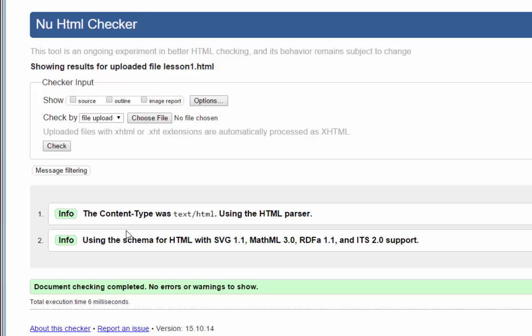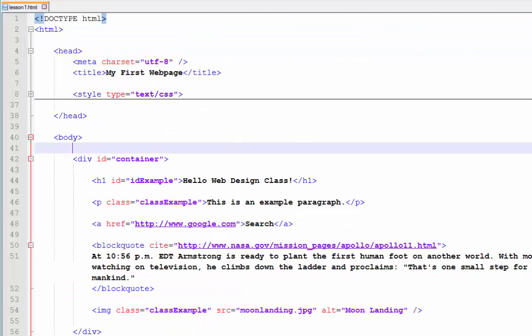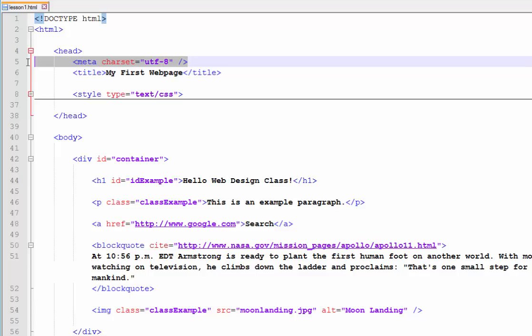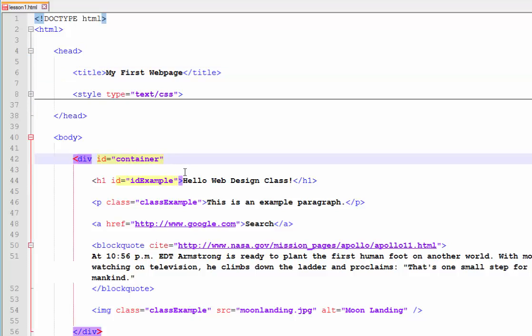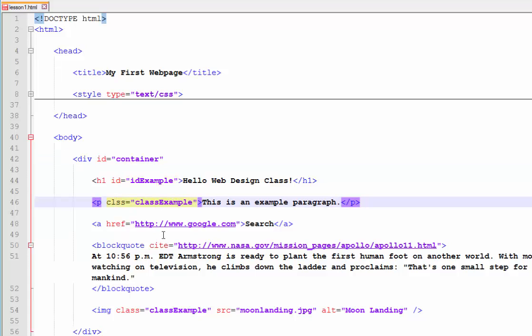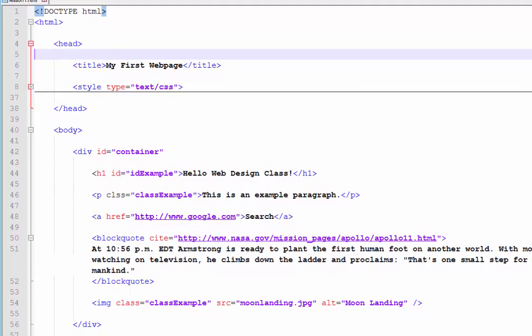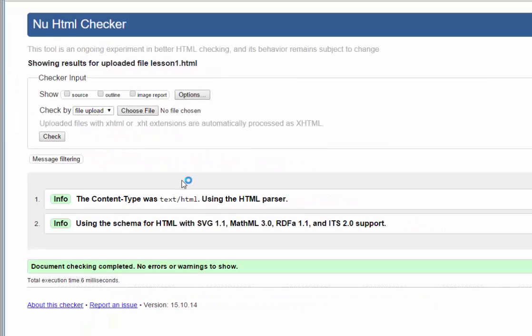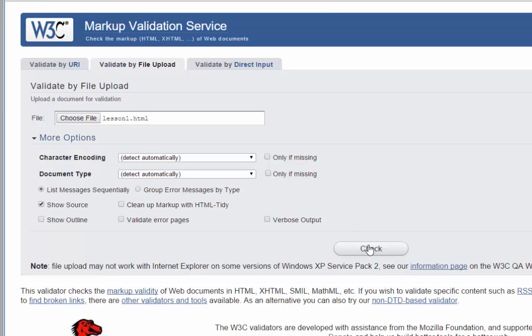Now let me break the page and fix a few problems. So the first thing is maybe I'll take out the character encoding just to produce an error. And let's say that I leave off the greater than sign and I misspell class here. All right, so I've just created an error on line 42, on line 46, and I've taken out the encoding on line 5. I'm going to save it, and then I'm going to try to revalidate it, and it should tell me that I've made those errors. So I'm going to go back, recheck it,